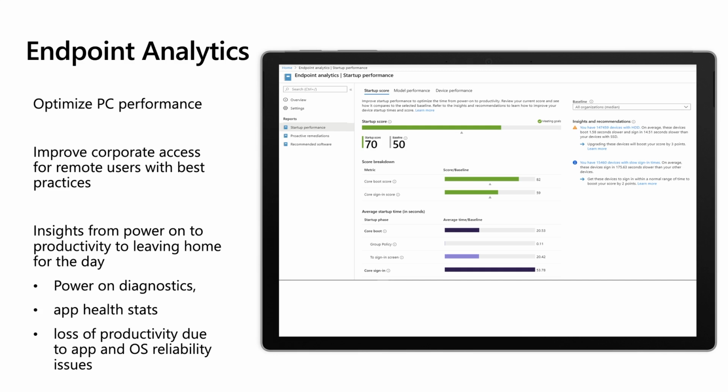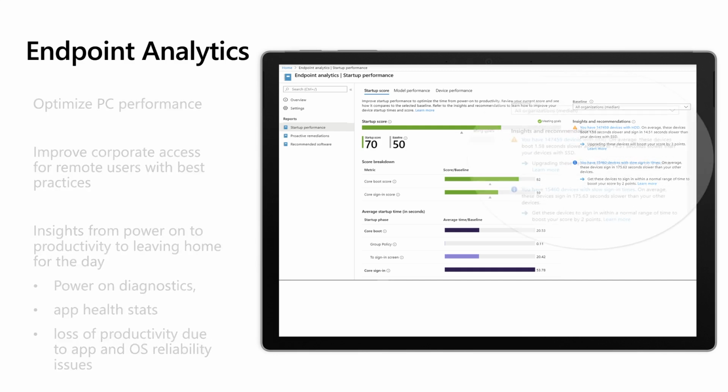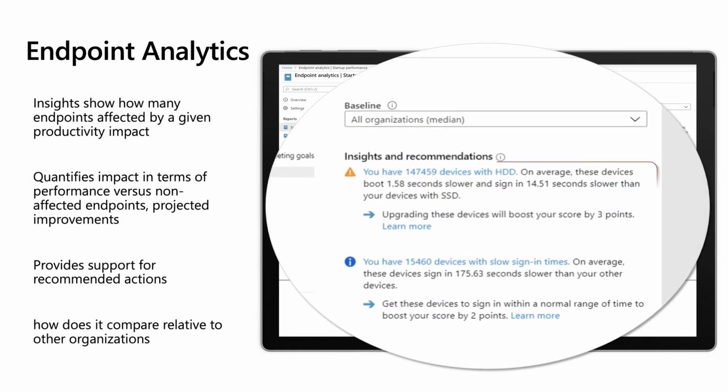Endpoint Analytics gives you insights into things like power on diagnostics, app health statistics, and also information around loss of productivity due to app and OS reliability issues. Endpoint Analytics will give you insights to show how many endpoints have been affected by a given productivity impact and quantifies the impact in terms of performance versus non-affected endpoints and projected improvements that you can make to resolve that